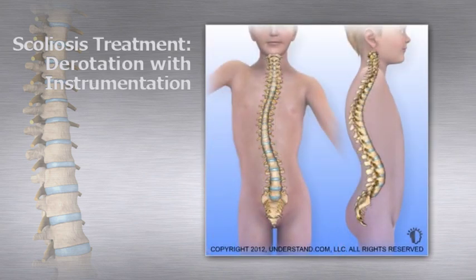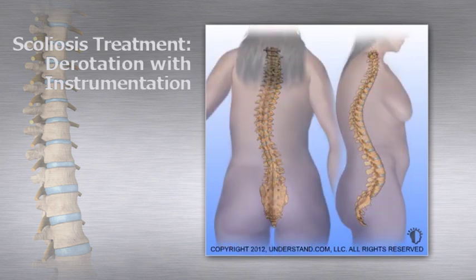Scoliosis is an abnormal curvature of the spine. The majority of cases, particularly those occurring in adolescence, tend to have a genetic basis. However, certain neuromuscular disorders, such as muscular dystrophy, can cause scoliosis. Additionally, asymmetric spinal disc degeneration can cause the spine to curve, resulting in a form of scoliosis that primarily affects